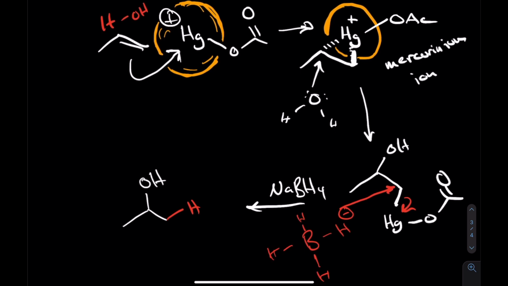So in addition to being regiospecific, the regiochemistry being that it prefers this region of the molecule, that secondary position, it's also stereospecific in the sense that water will attack from the opposite face of the mercury,